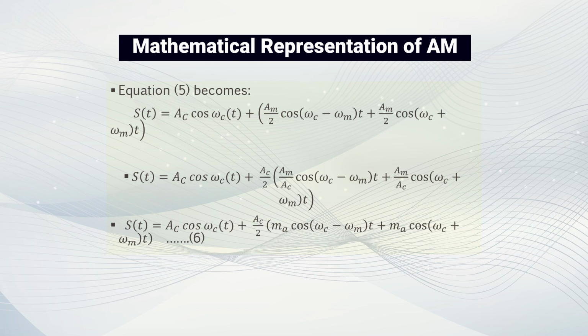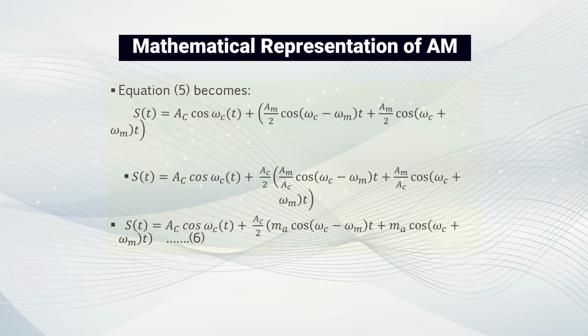Then the above equation will be s(t) = A_c cos(omega_c t) + (A_c/2) multiplied by [(A_m/A_c) cos((omega_c - omega_m)t) + (A_m/A_c) cos((omega_c + omega_m)t)]. In terms of modulation index, the above equation can be written as